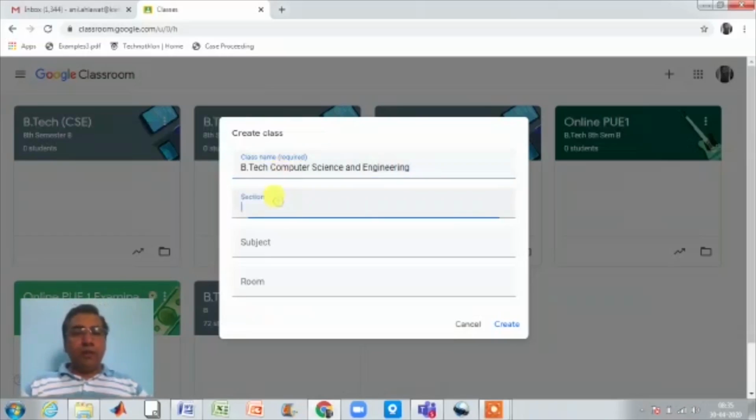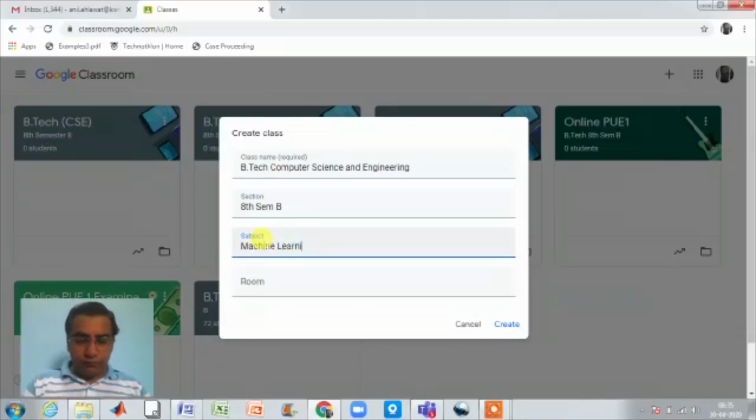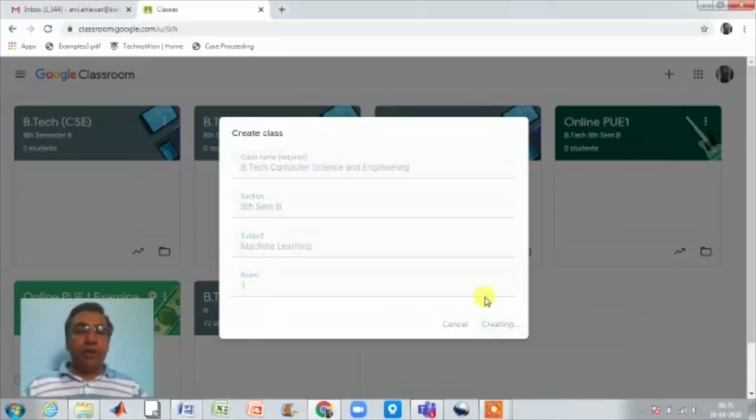So right here, section, I am teaching 8th semester, section B, subject, I am teaching machine learning. Right here, room, and create your own class here for conducting online PV1 examination from 4th May.